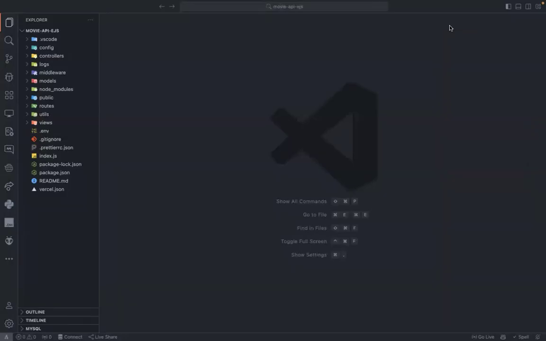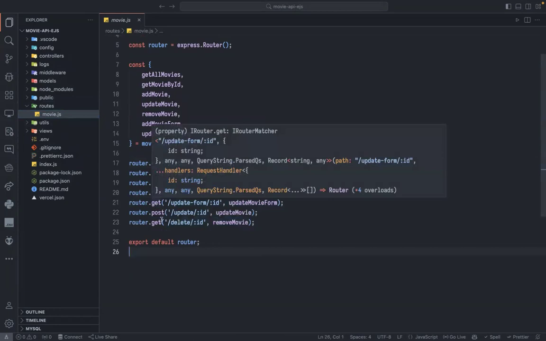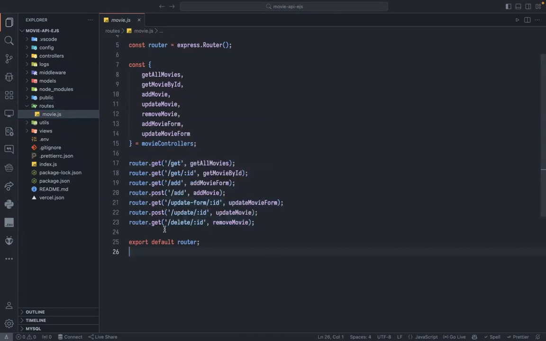Okay, let me just remove this one. So what I'm going to do, before view, I'm going to routes. So as you can see here, I've added a few more routes. And in this route file, I have router.get and router.post, and again, router.get, but when I'm